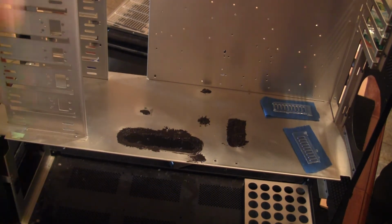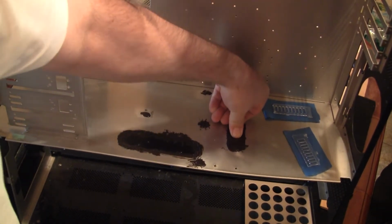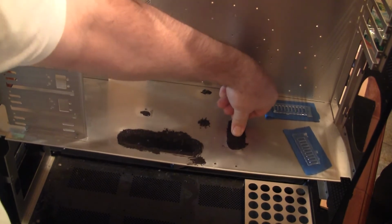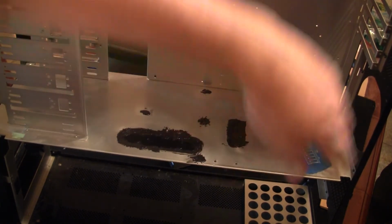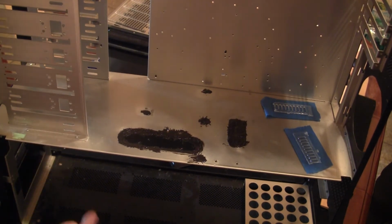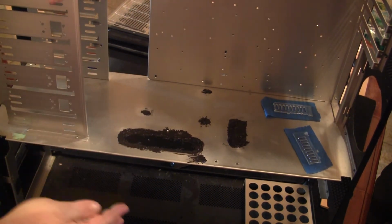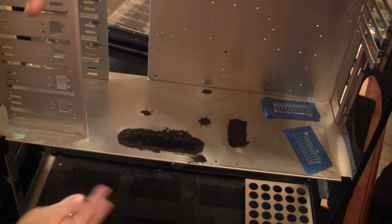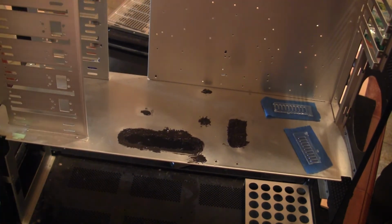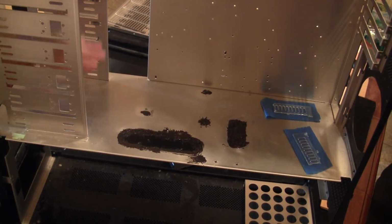Now, same thing with this little one. I'm sitting here, you could see how much I'm pressing on it. I don't want to keep doing that because I don't want to bend this. I'm still debating on how I'm going to have everything set up with the hard drives. I was thinking about just leaving this open, so in the future, if there's going to be any kind of water cooling setup going in, it's already there, ready to go. All you have to do is put everything in, and then just put the hard drives up here into the